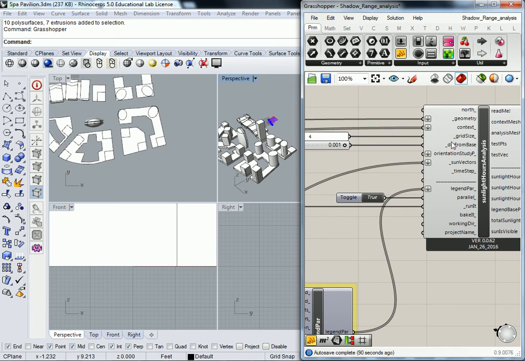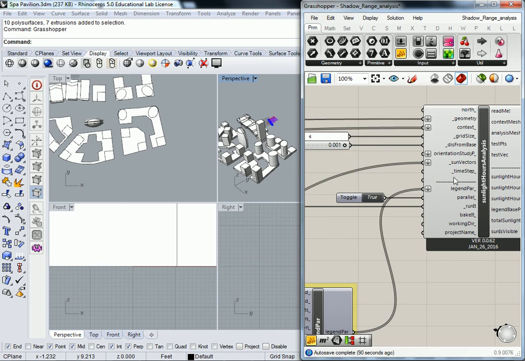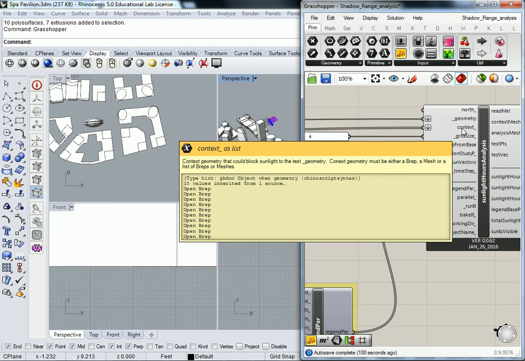Okay, so we don't need to go through everything here, but there are some important ones that we're going to need to consider. So geometry, obviously, is going to be the geometry that it's going to project and create a shadow for. The context, I'm guessing,